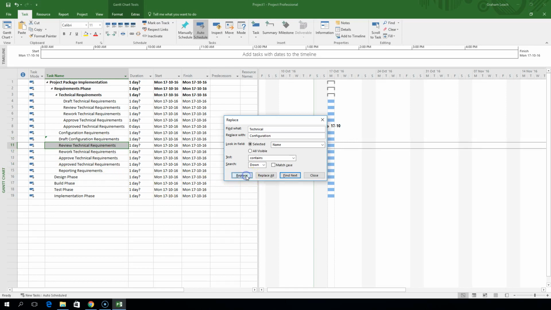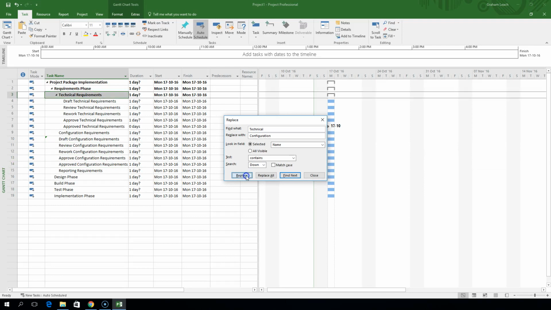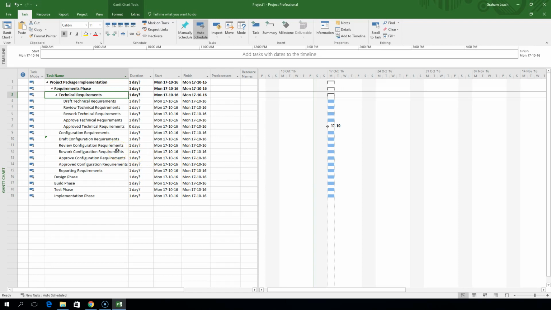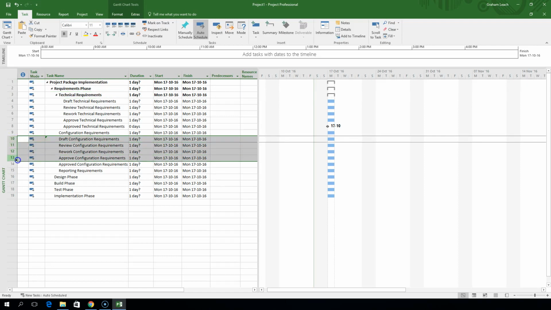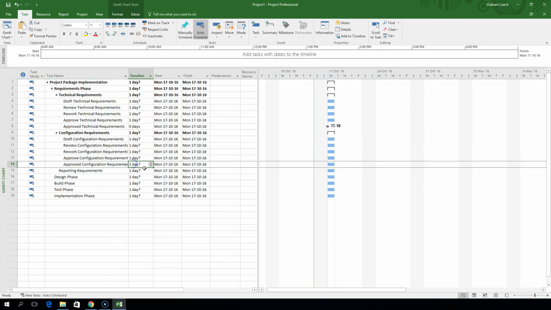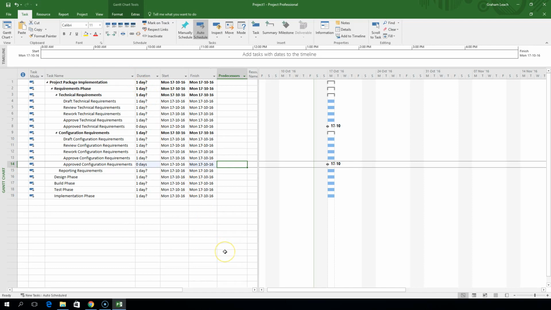And if we do replace, replace, replace, replace, replace. So similar activities, similar tasks, and what we can do again is we can indent them. And we'll just set this to a day 0 because it's the milestone again. Okay, alright, so that essentially is how we add tasks, how we indent our tasks, and now what we need